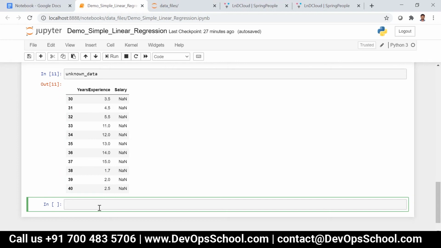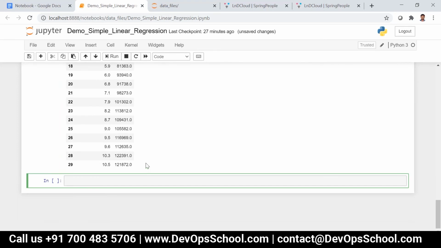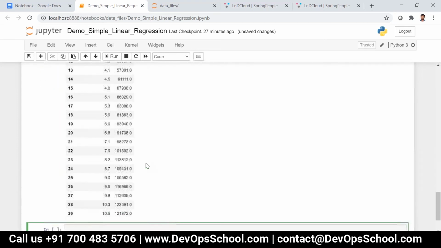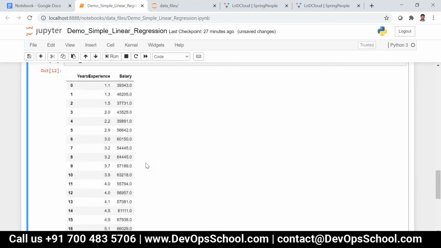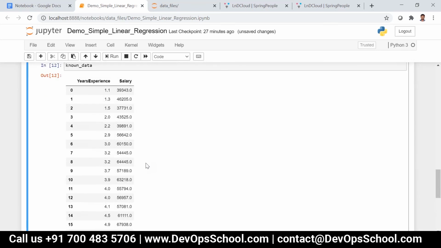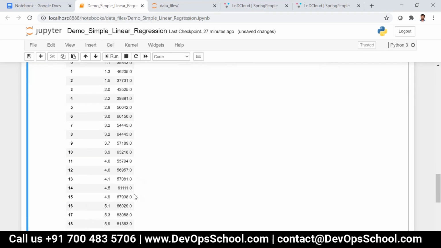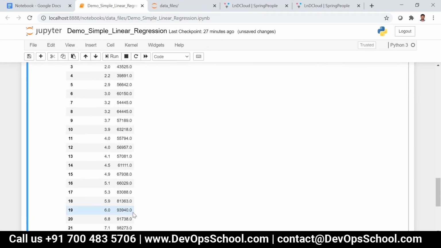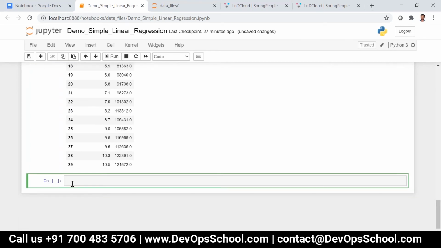Done. Okay. So now what we are going to do is we have the known data like this, right? We have around 30 records over here. So we are going to split it into two parts, that is, training data and test data. So split the known data into training